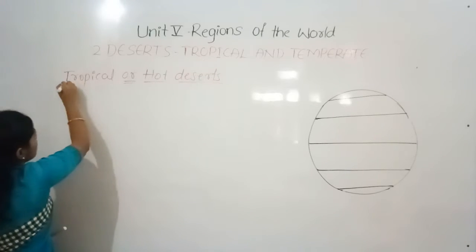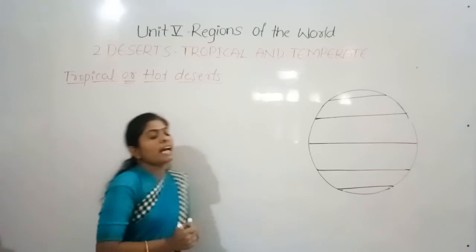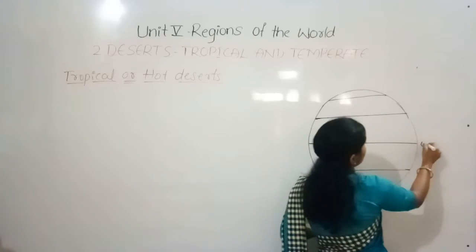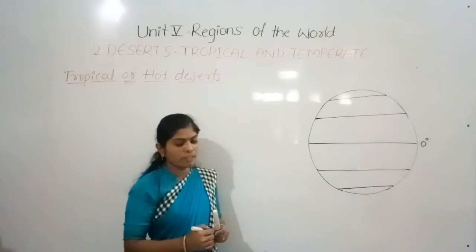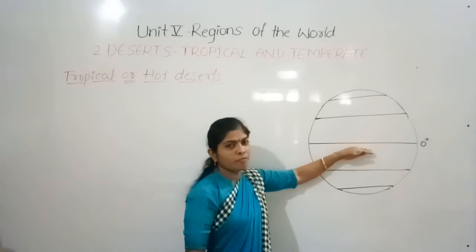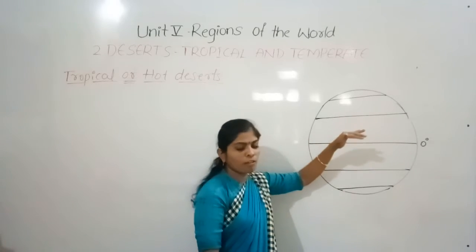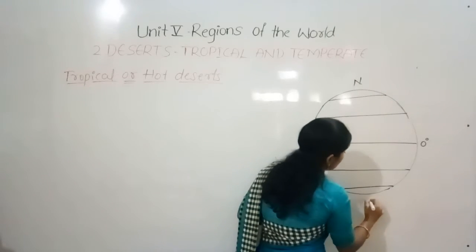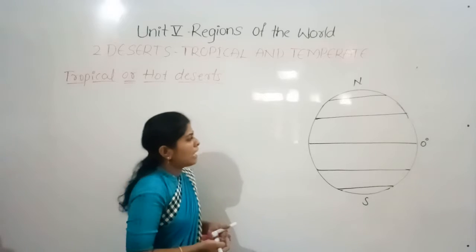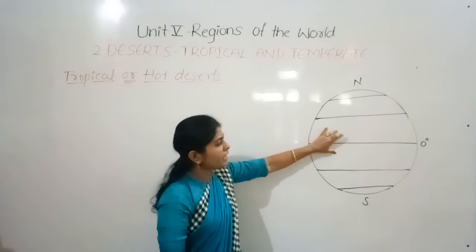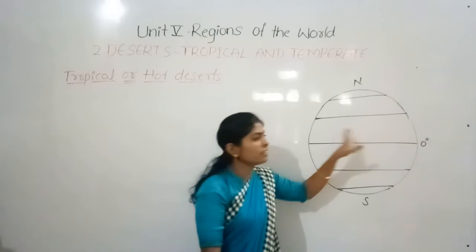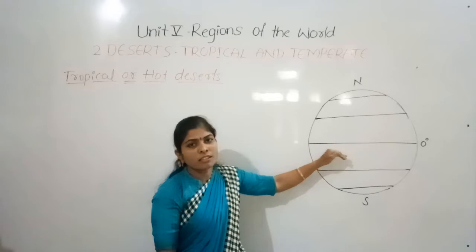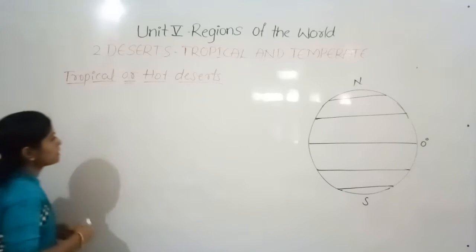These tropical or hot deserts are located near the equator. This is the 0° latitude. This is what we call the equator, which divides the earth into two equal halves, that is the northern hemisphere and southern hemisphere. And the deserts which we can find near this equator are called the tropical or hot deserts. So the first thing we can discuss